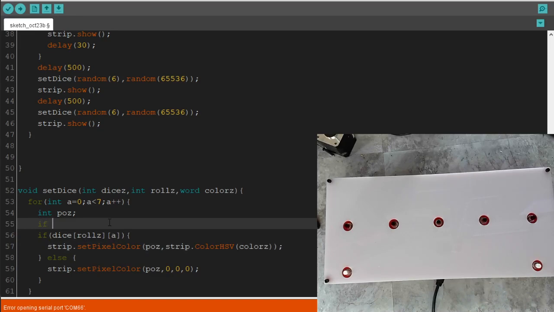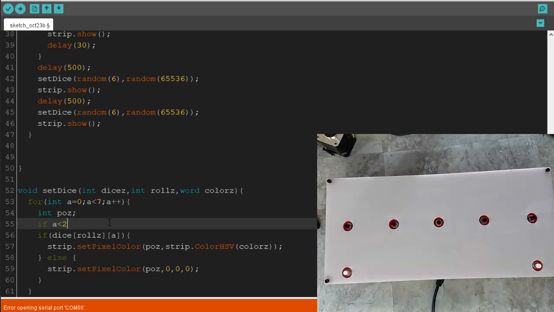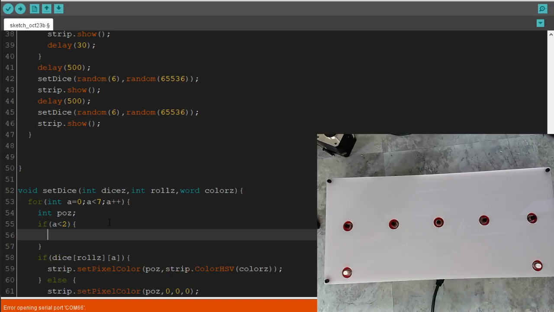Let's see, what are we at? If A is less than 2, so if it's a 0 or 1, right? So on here is 0 or 1. We're not gonna change much, right? I guess I better put this in parentheses. So if A is less than 2, let's see. Pose equals,